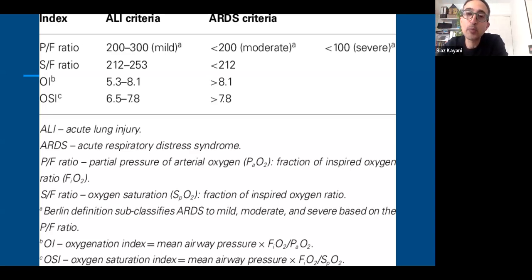It incorporates the amount of ventilation that you're giving. In other words, what it's saying is that if you give an amount of oxygen, how much gets into the bloodstream for the amount of ventilation you're giving, and the way that you approximate the amount of ventilation you're giving is the mean airway pressure. And so you have an additional element to that, which allows you to factor in how much ventilation you're actually giving.